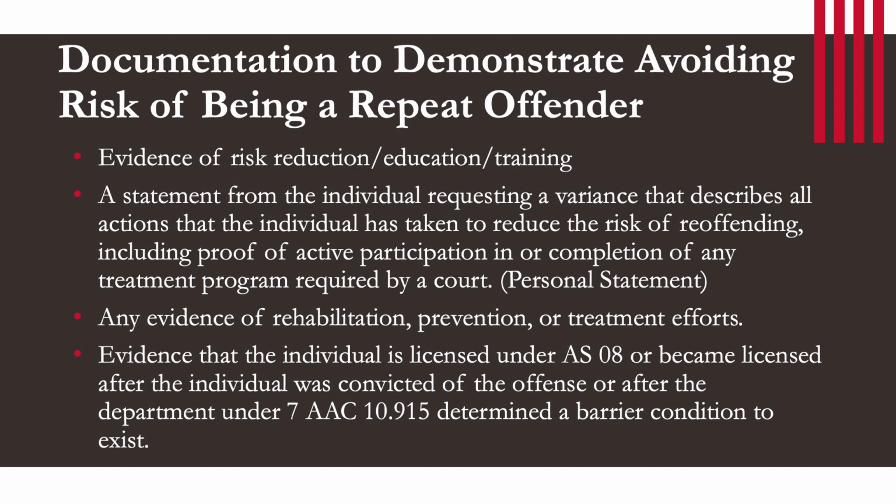Documentation to demonstrate avoiding risk of being a repeat offender. You must include evidence of risk reduction, education, training, a statement from the individual requesting a variance that describes all actions that the individual has taken to reduce their risk of reoffending, to include proof of active participation or completion of any treatment programs required by the court, any evidence of rehabilitation, prevention, or treatment efforts, and finally, evidence that the individual is licensed under AS 08 or became